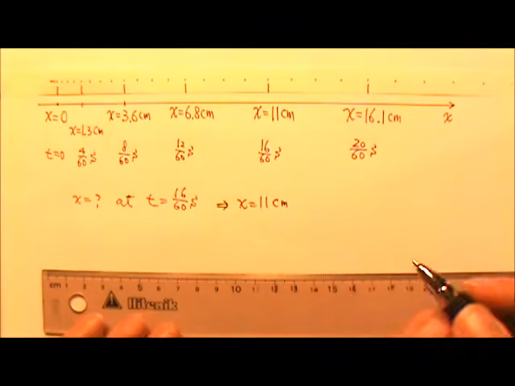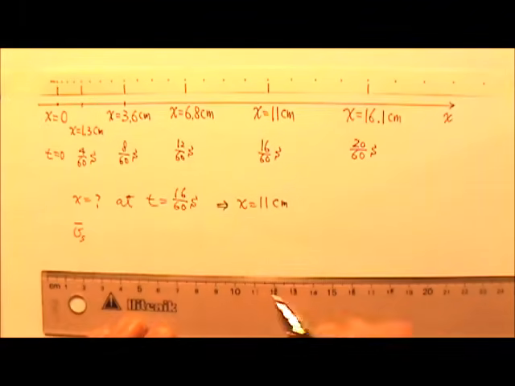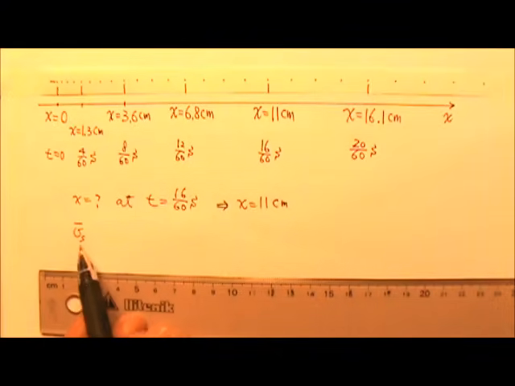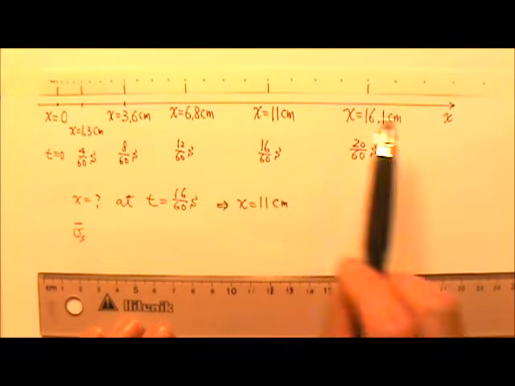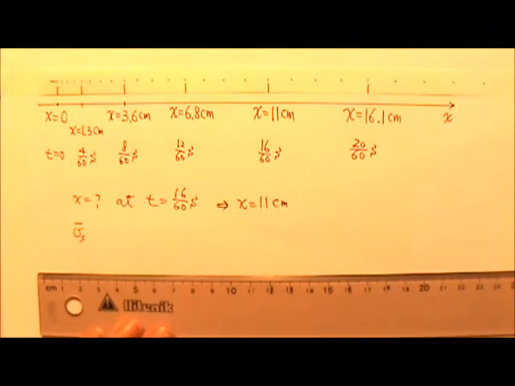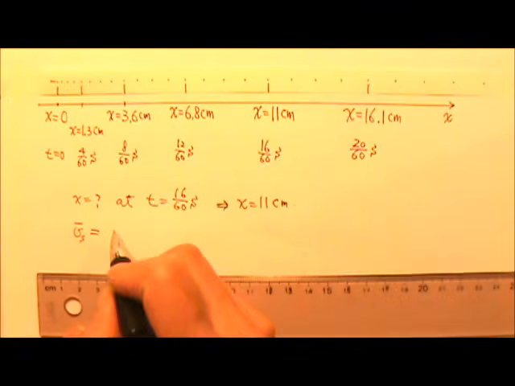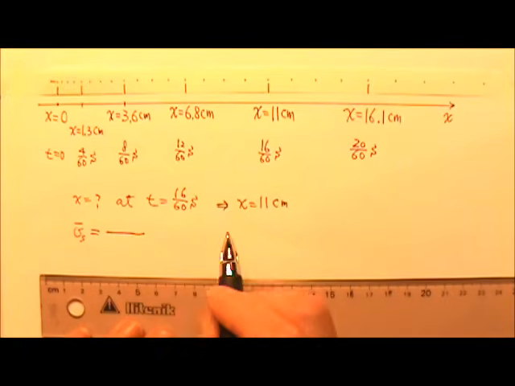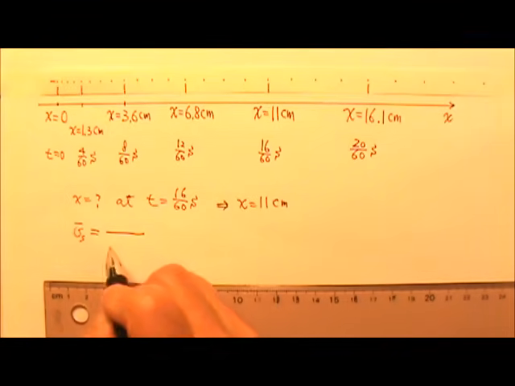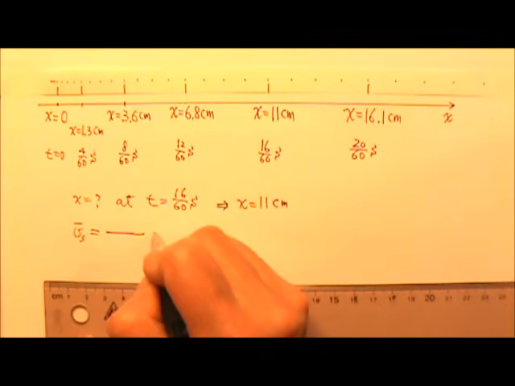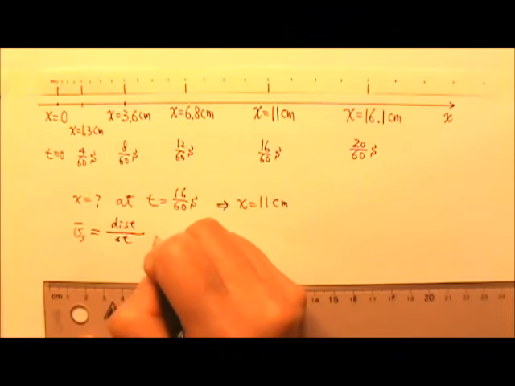I can ask you questions about average speed. Now in this case, the average speed and average velocity will be the same thing because the cart went straight, no zigzagging, no curving around. So the average speed will be kind of like average velocity, which means distance traveled and displacement will be the same. Let's say I want to ask you to find the average speed, which is the distance traveled divided by the time